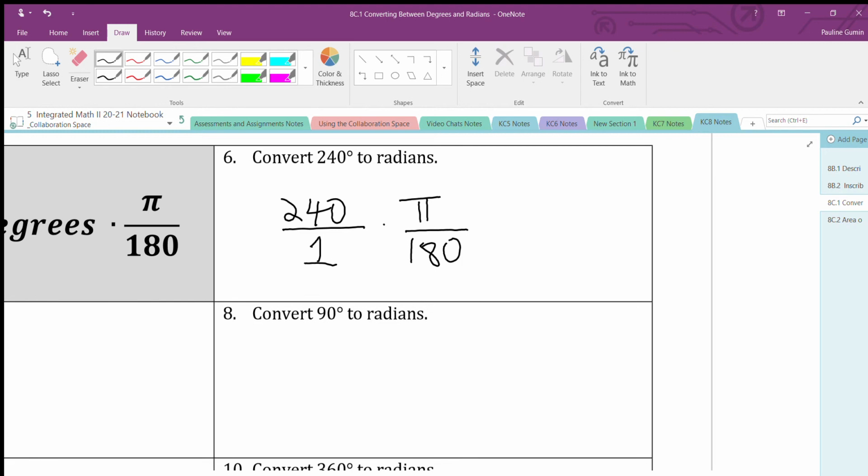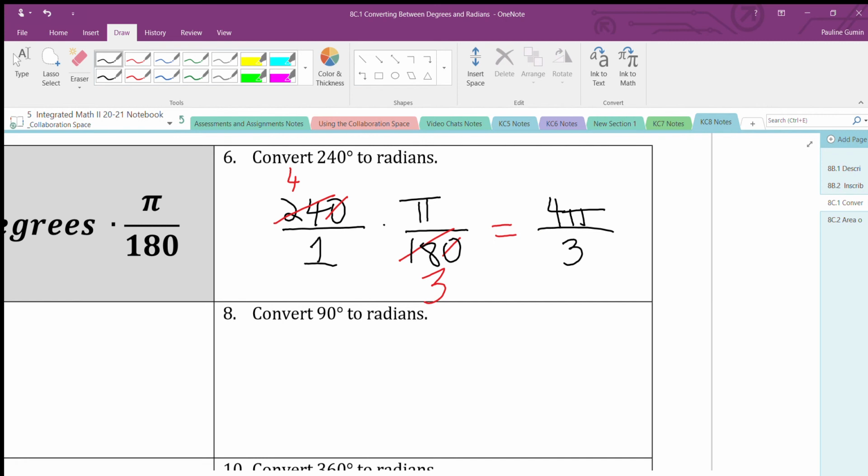I like keeping my whole, if I'm multiplying by a fraction, I like seeing fraction times fraction. 240 is a whole number. Any whole number can be written as that number over 1. Okay, so I want to make sure the pi stays, but let's reduce 240 and 180. First, I'm just going to cancel out those zeros. So I have 24 and 180, 24 and 18, which I can reduce by 6. So that would be 4 and 3. That's about it. 4 pi